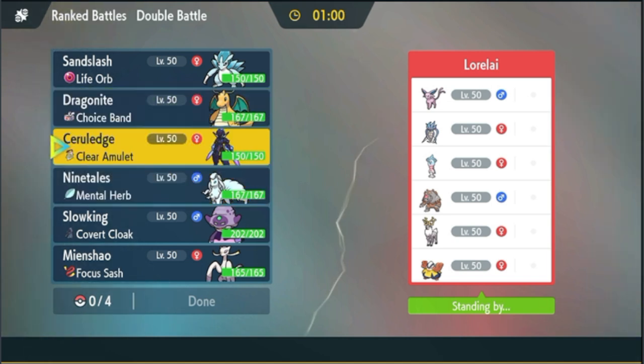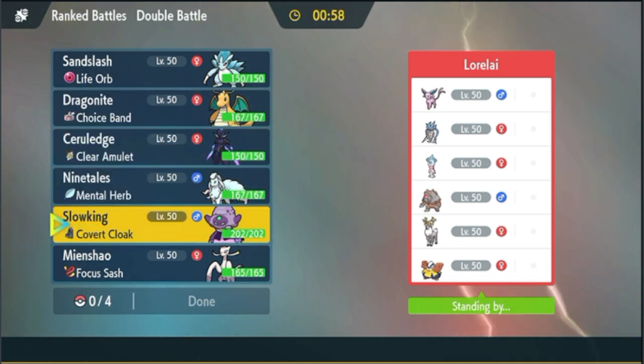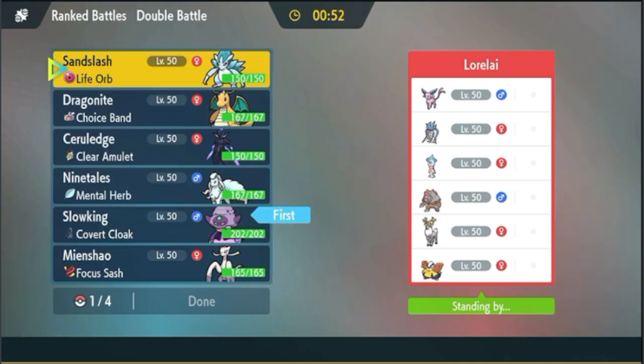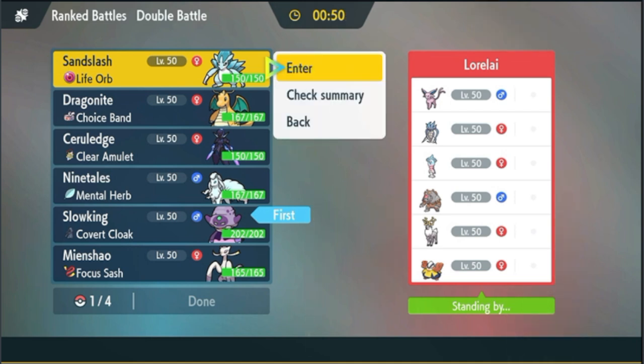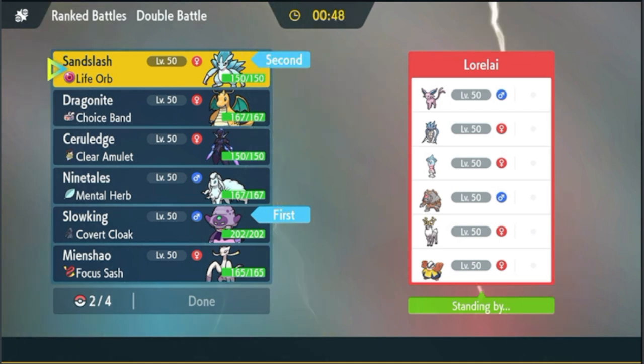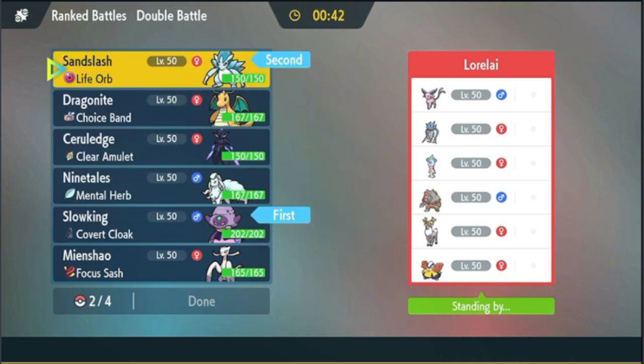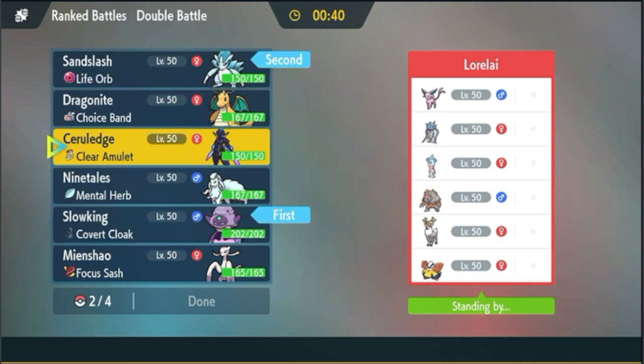But yeah, I have a feeling there's going to be something going on here. Like Psychic types, they potentially have Trick Room. So if anything, I'm actually going to bring in Slowking. And I'm going to bring in Sandslash. I believe Sandslash could outspeed the entire team without the snow, so I'm gonna start off with these two. And I think I